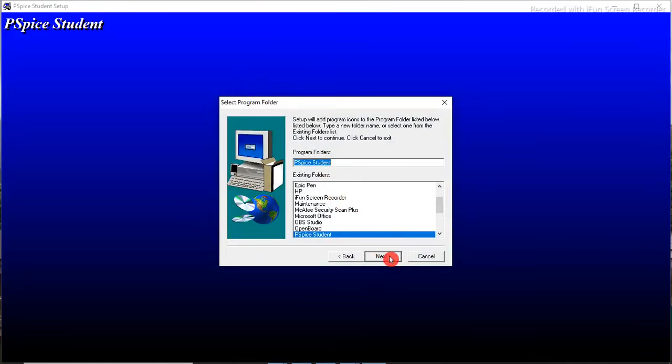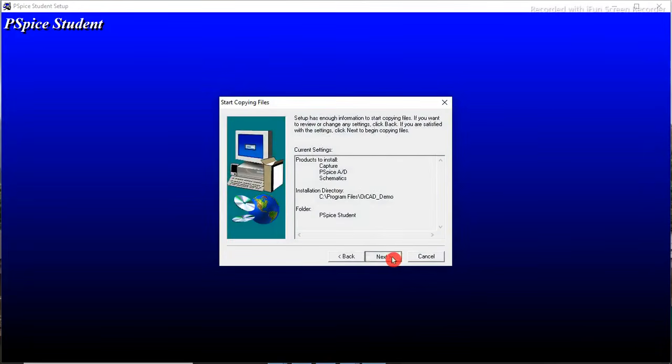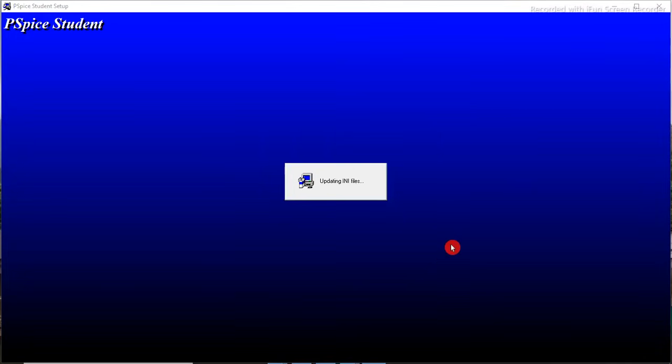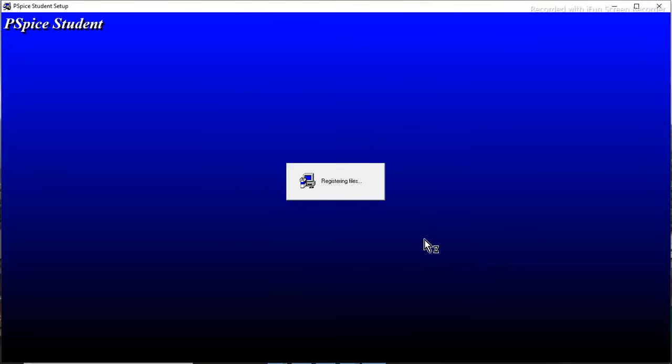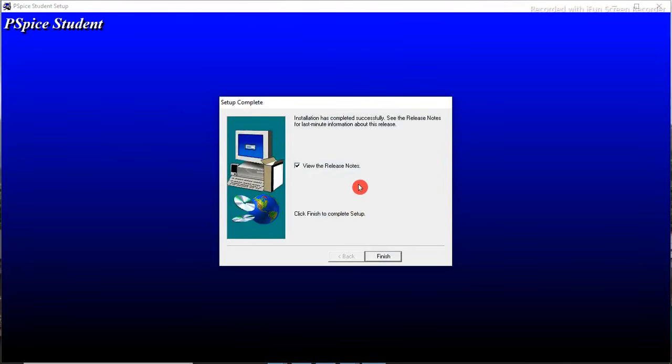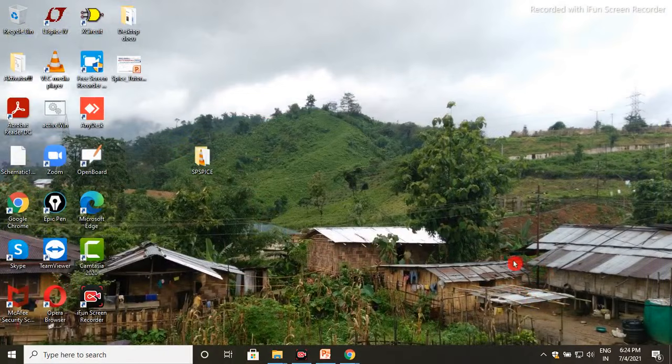This is the default setting. Next, also next, then file extension registration, also okay. Then in view release notes, unselect this, then finish. Okay, the installation is completed.